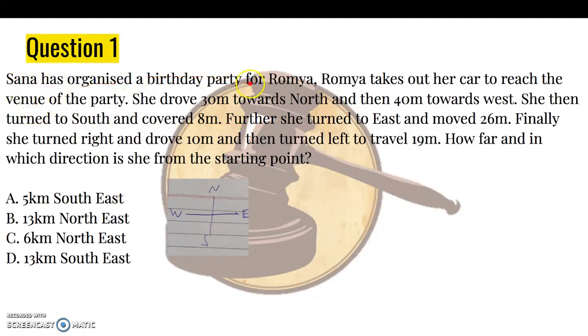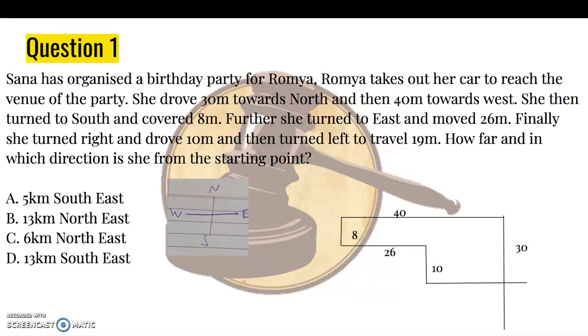So there's a birthday party and Romeo takes out a car. She drives 30 meter towards north and 40 meter towards west. So 30 meter to north and then 40 meter to west, then 8 meter south, then 26 meter east, finally turning right and driving 10 meter. Then she turns left and drives 19 meter,